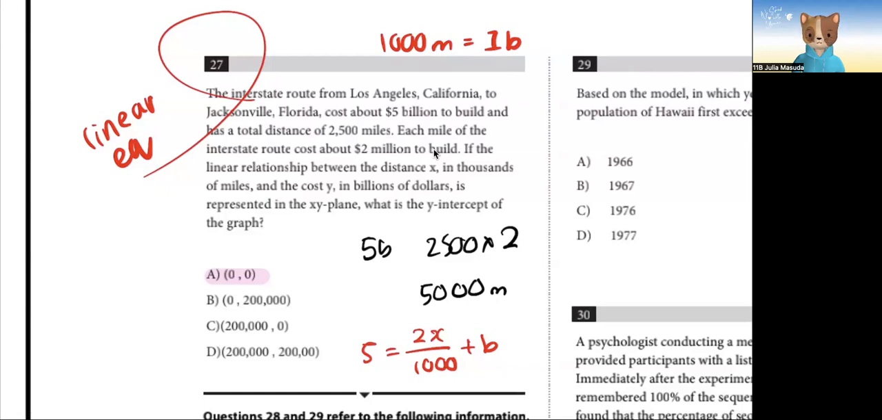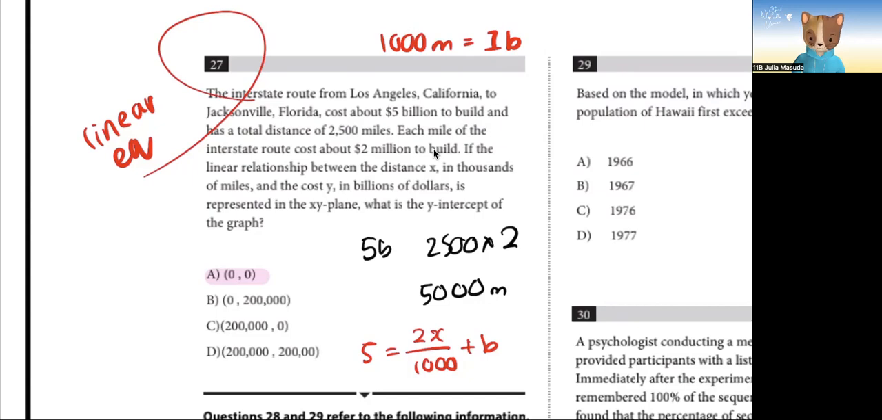Okay, so we know this whole interstate route from Los Angeles, California to Jacksonville, Florida costs $5 billion as a whole project. And we know that there's a total distance of 2,500 miles, and each mile costs $2 million to build. So we're given all this information, and we're expected to construct a linear equation that represents that, and condense it down to a y equals mx plus b form, and find the y-intercept, which is when